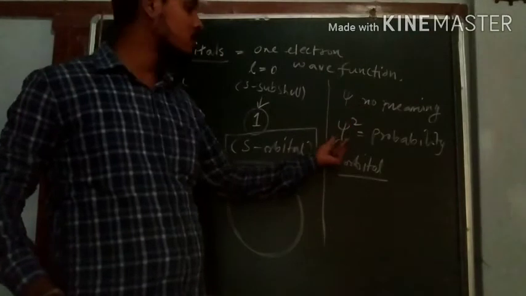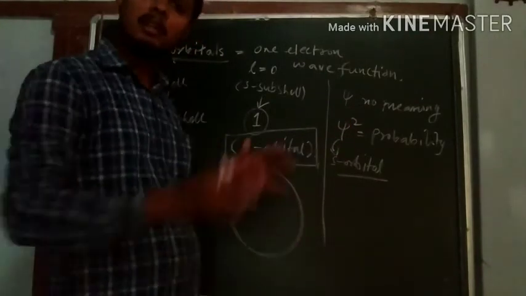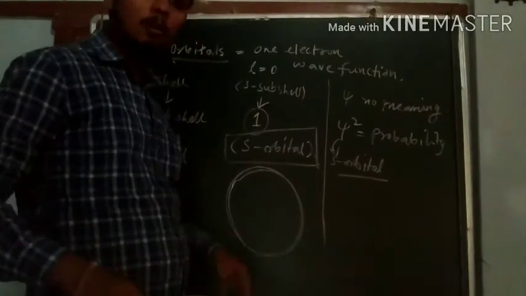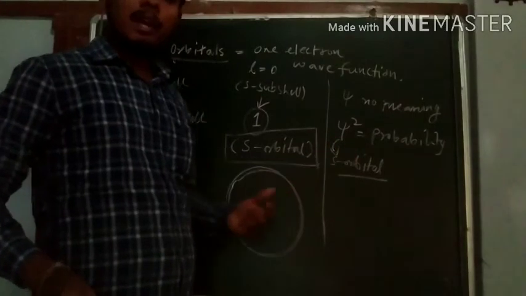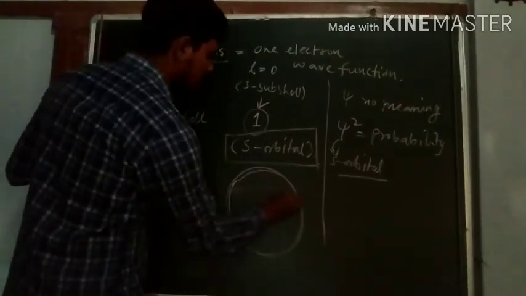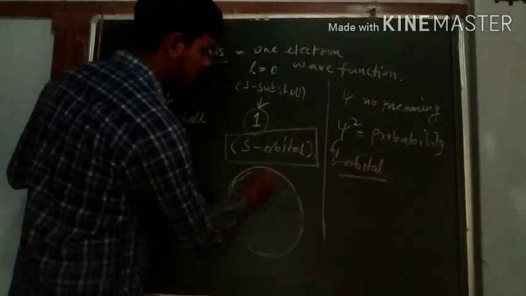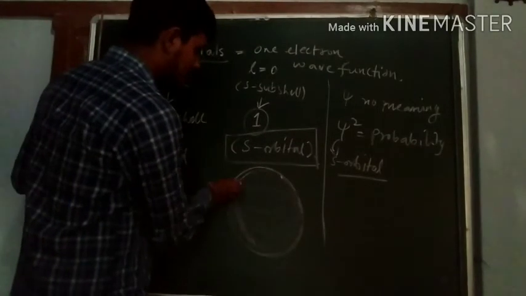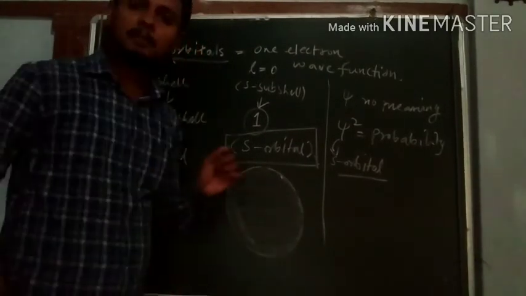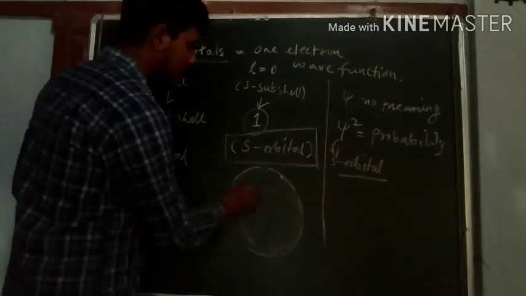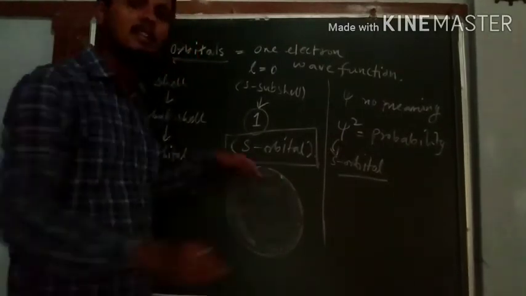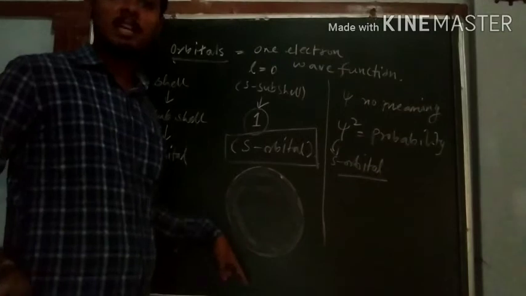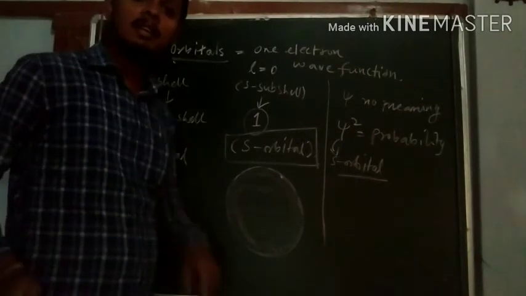Tarpisot psi to square korim, square kori pelai moi jetia plot korim tetia moi dekhim je jeto graph pam, that graph is spherical, circular graph eta pam. Sei karone moi koiso this probability of finding an electron in an s orbital is spherically symmetric. That means electron that is present in the s orbital can be present anywhere inside this sphere. A sphere to bhitorot jikono jayegat thakib pare. That is why we call that s orbital is spherical.